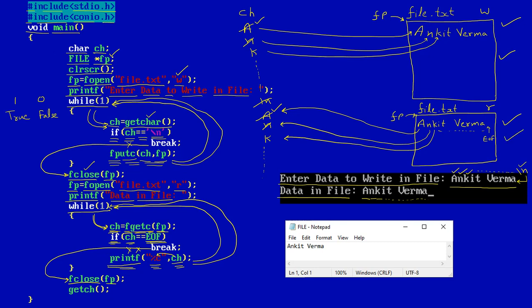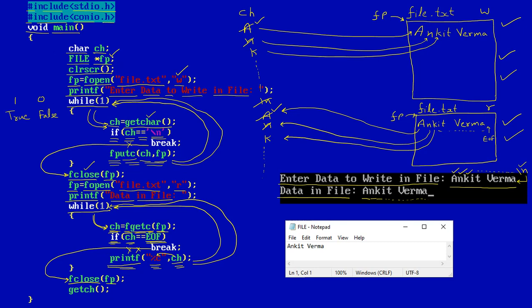And one more thing, where that file is created: once you complete the writing step, the first step, if you go to the bin folder, if you are using Turbo C, there is a bin folder where all your programs are saved.